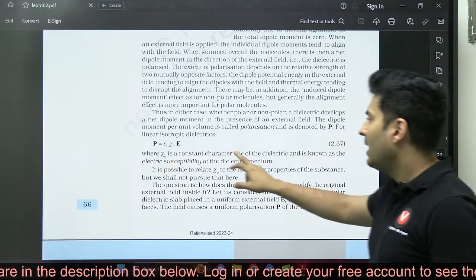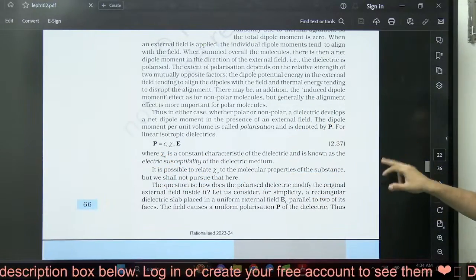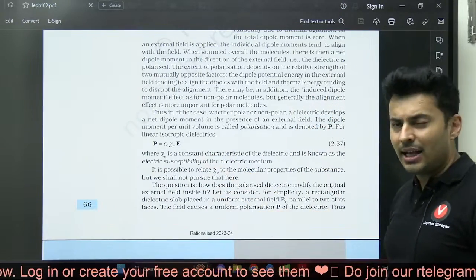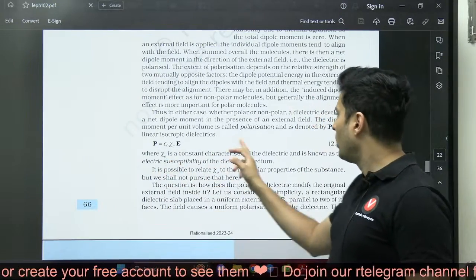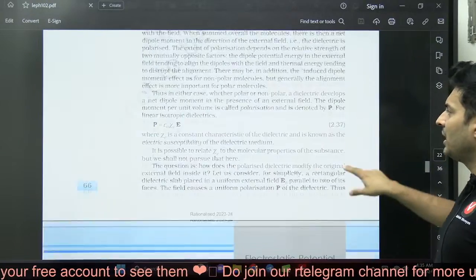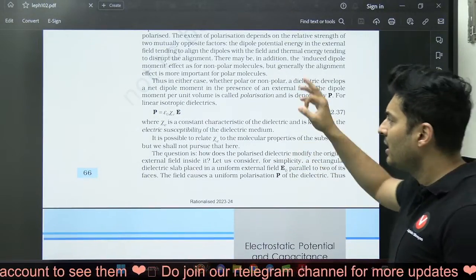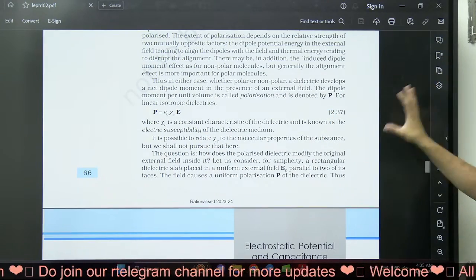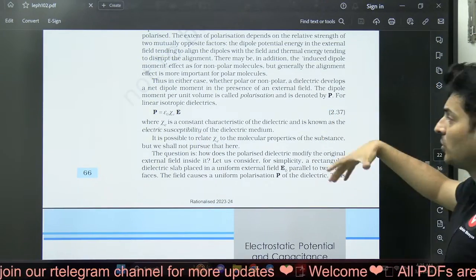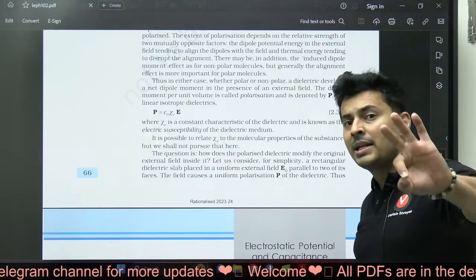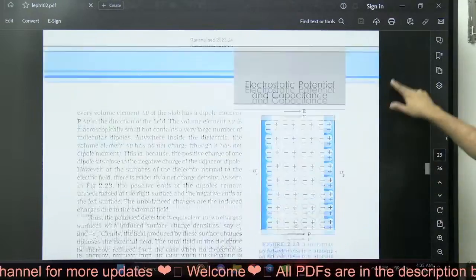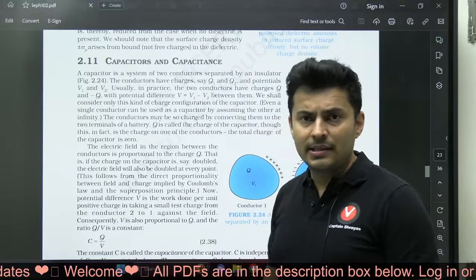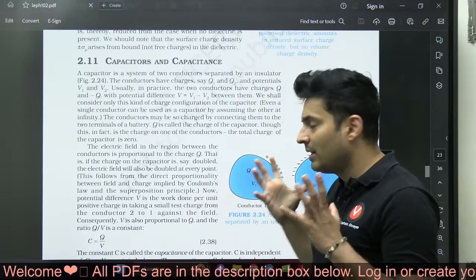Its permittivity into Xg, which is basically your constant for your dielectric, also known as electrical susceptibility, like magnetic susceptibility, into E, the external field. So that is the polarization of any particular dipole. Now, the next thing that you have is capacitance and capacitors, which is a device used to